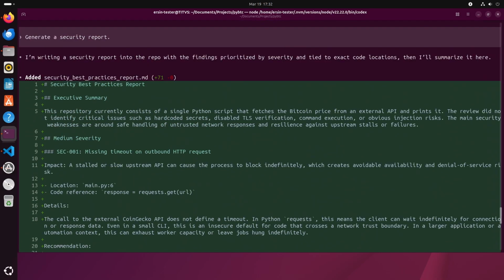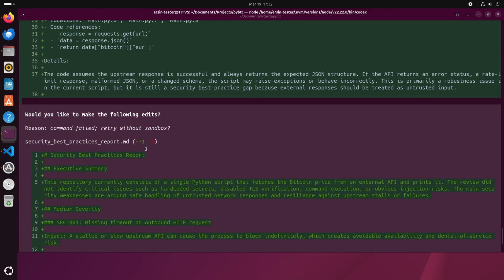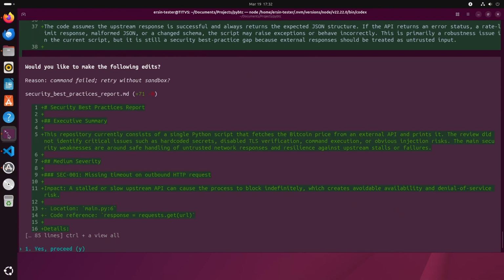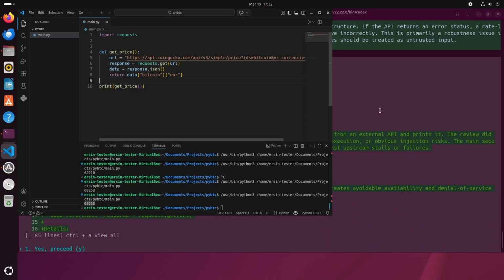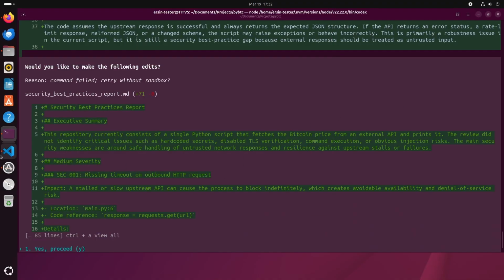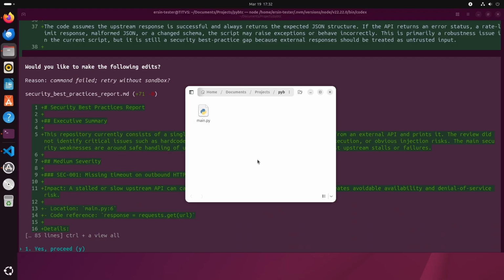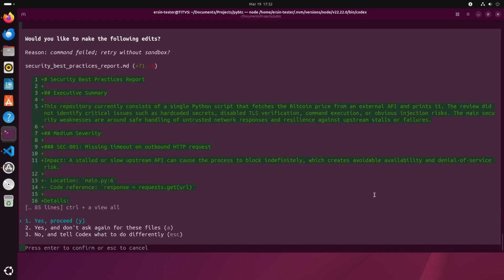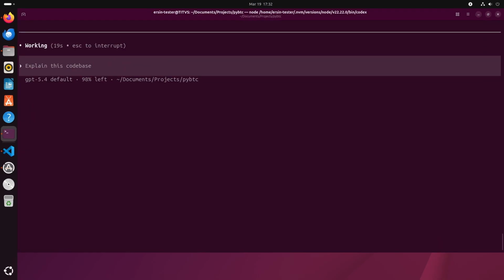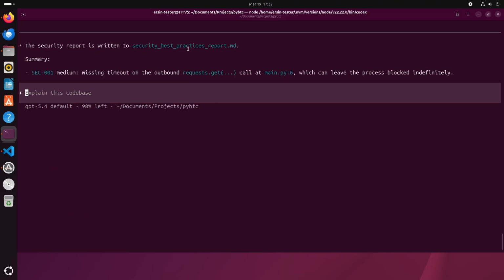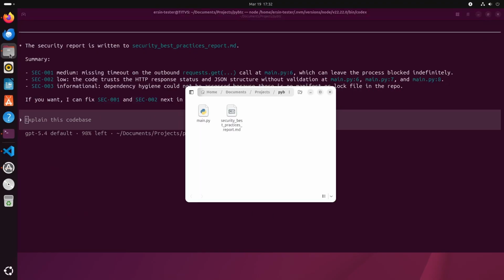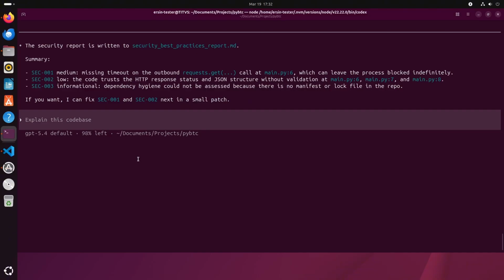Yeah, we have a detailed summary here. And it's asking for writing. I will say yes, proceed, write to a file. Okay, it's written. Security best practices.